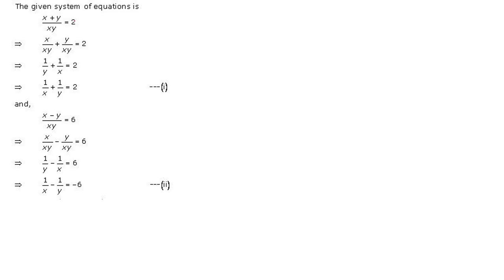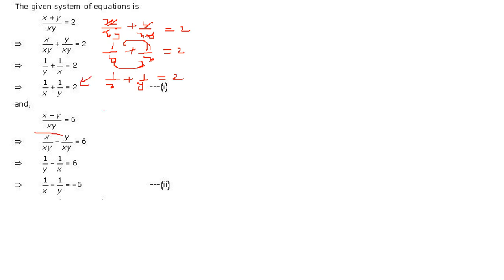Now this is a somewhat different equation. So how are we going to do this? First we will try to formulate it in the way it should be, meaning ax plus by plus c. So this is x plus y by xy, let us take x by xy. Let's take the denominator for both of these. Y by xy equal to 2. X cancels, so you get y. Here y cancels, so 1 by x. This is equal to 2. Bring them here, like 1 by x plus 1 by y equal to 2. So this is our first equation.